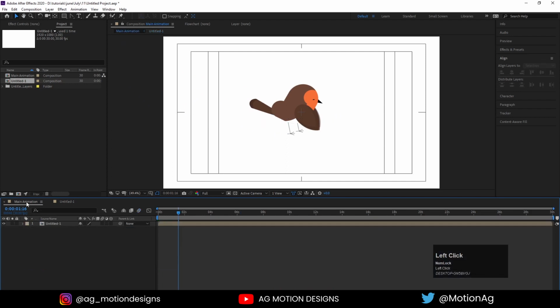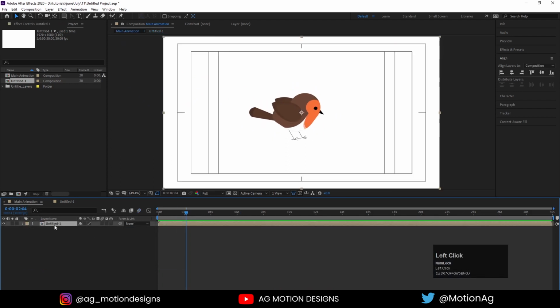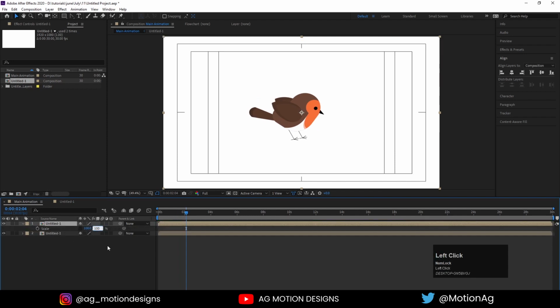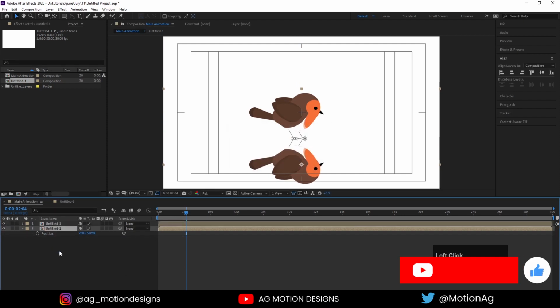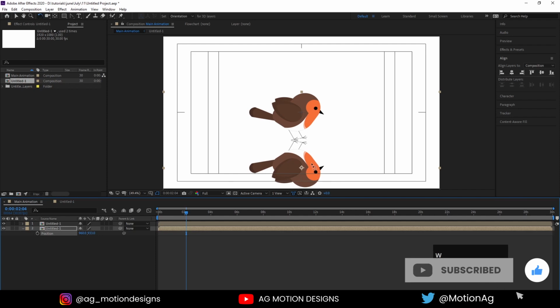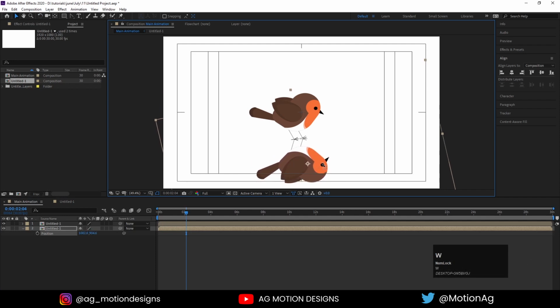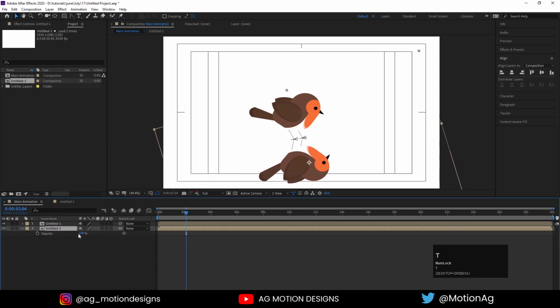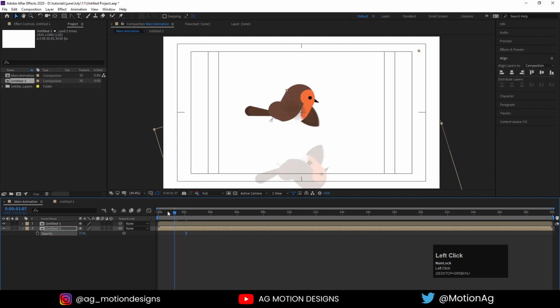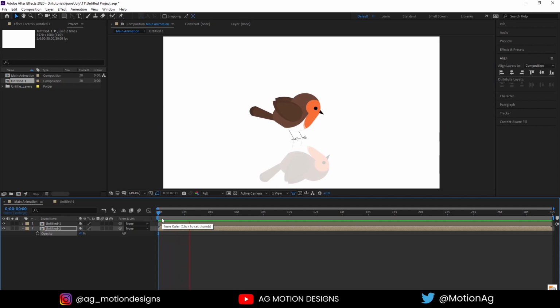If you want, then another thing you can do is go to the main animation, hit Ctrl D, press S on keyboard, unlink this option. Instead of 100, I'll choose -100. Hit P on position property and drag it down. And if you want to match this, just rotate it a little bit and adjust this feet. It's not necessary to adjust it completely. Hit T, let's make it 20, so you will get this kind of animation.